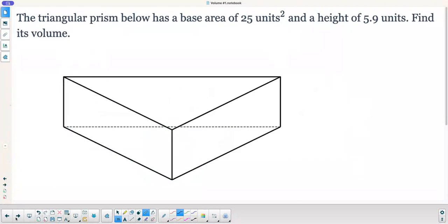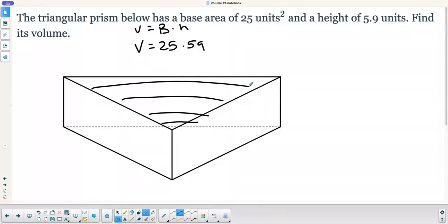All right, here's a triangular prism. Again, same thing, they gave us the area of the base. So it's just going to be volume equals 25 times 5.9. I guess put the formula above it. My base area of this whole triangle is 25, and then the height right here is 5.9. So you multiply those. Missed my decimal point there. And I get my volume equals 147.5